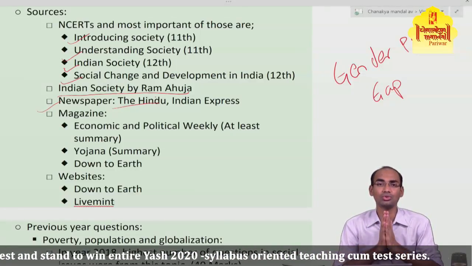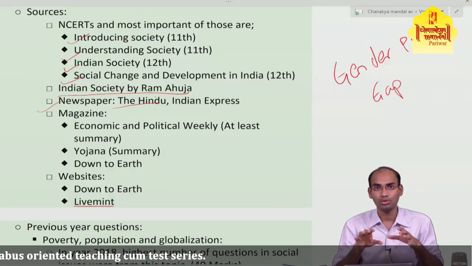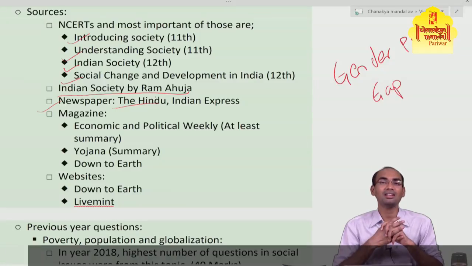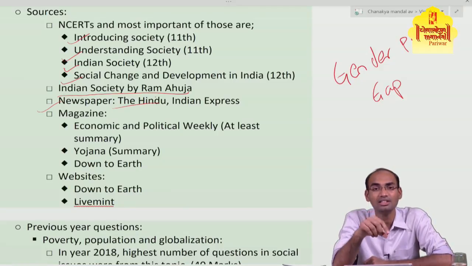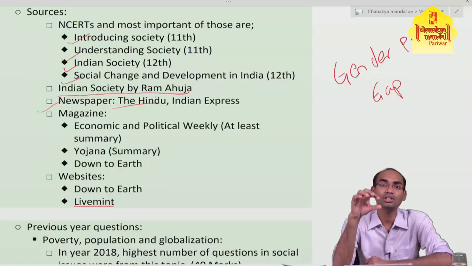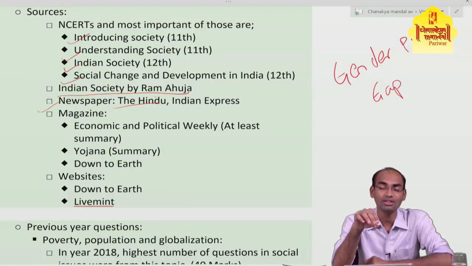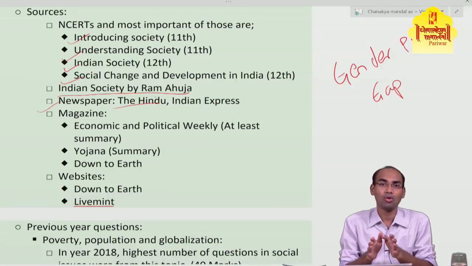The society and social issues paper, because we have read the basic books and the basic NCERTs, but the questions that appear in the UPSC examination are related to the syllabus, directly related to the syllabus, and they are also related to current affairs news. UPSC doesn't ask questions directly related to the news. They ask questions based on the news behind the news. We'll get to that also, but always remember that reading the newspaper,